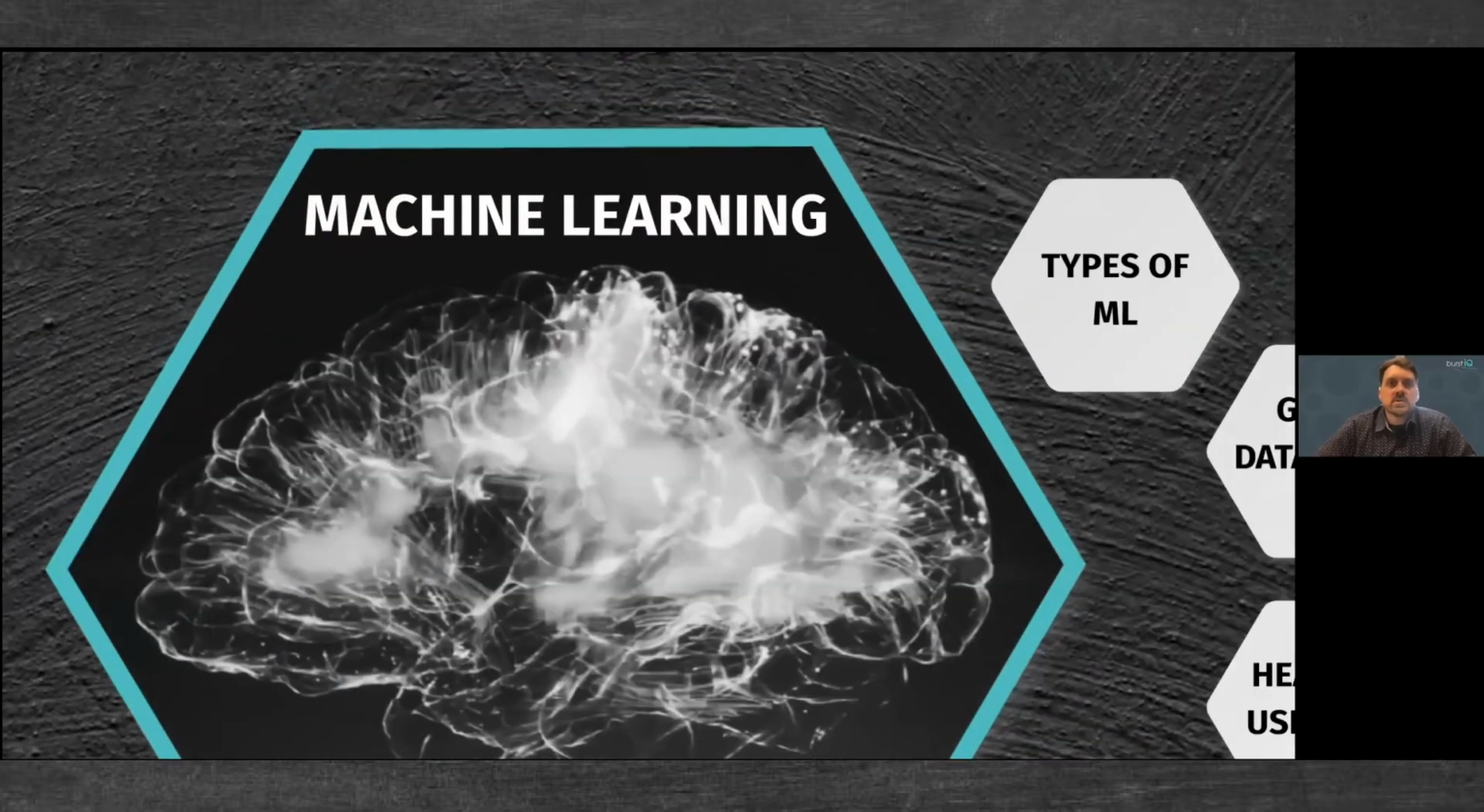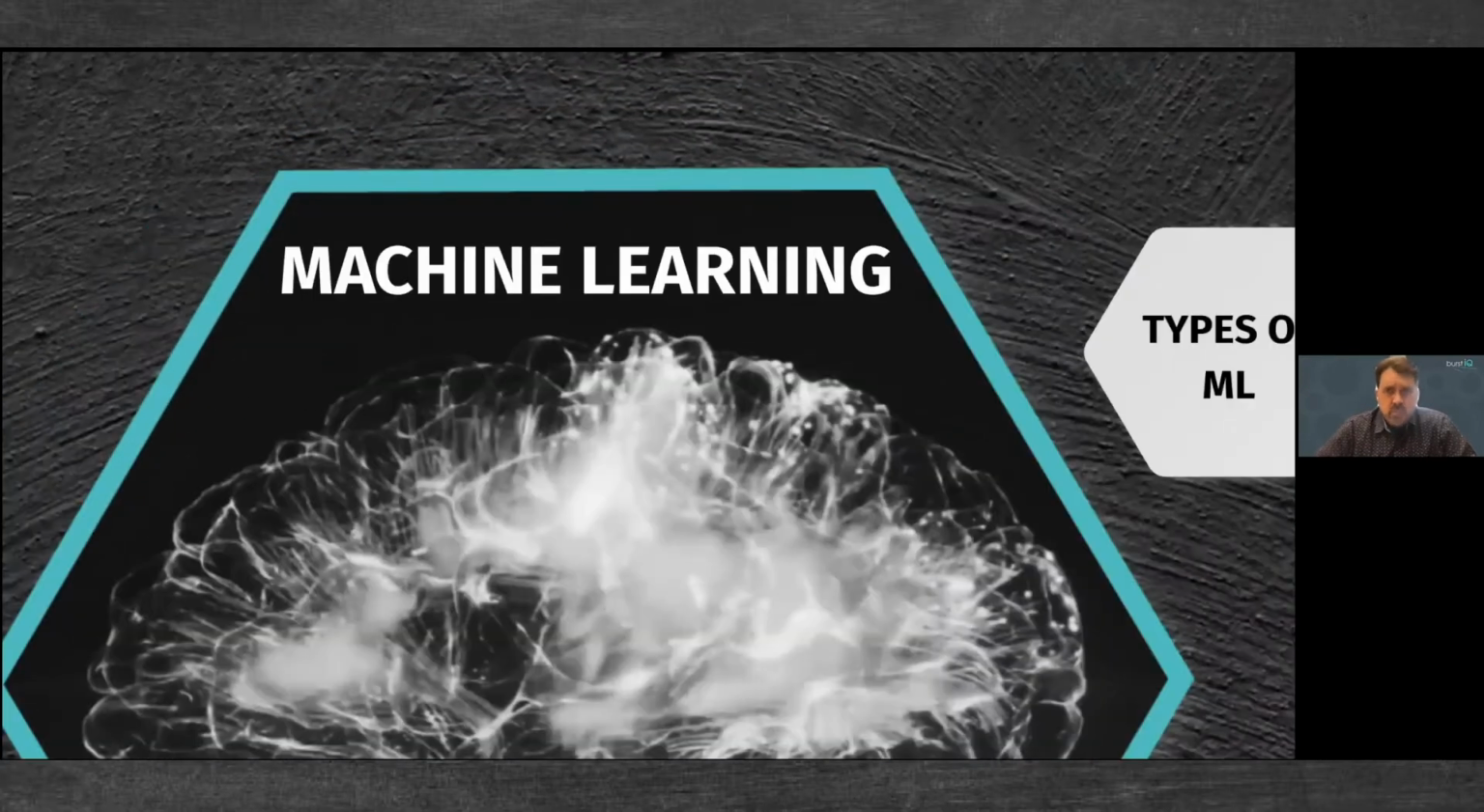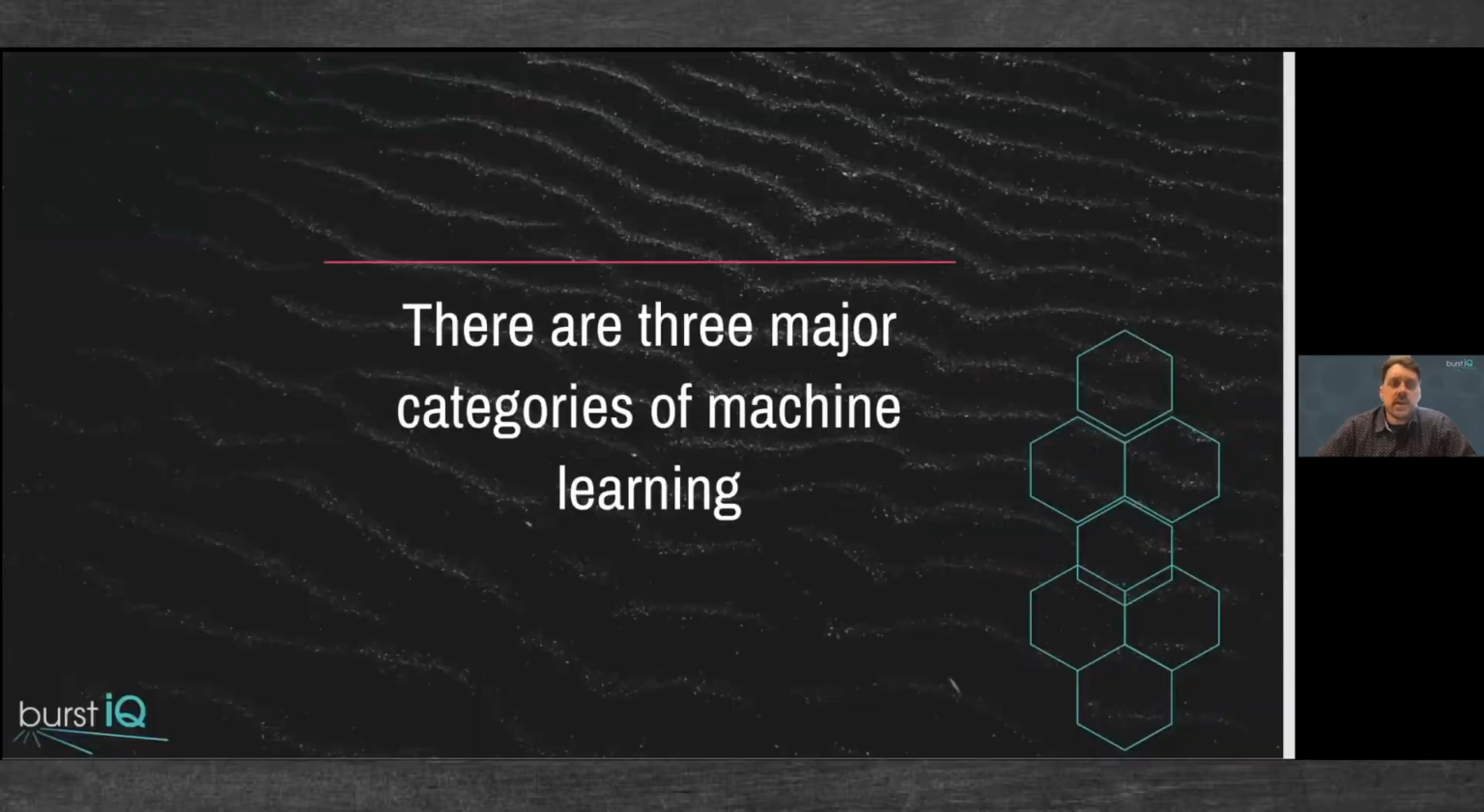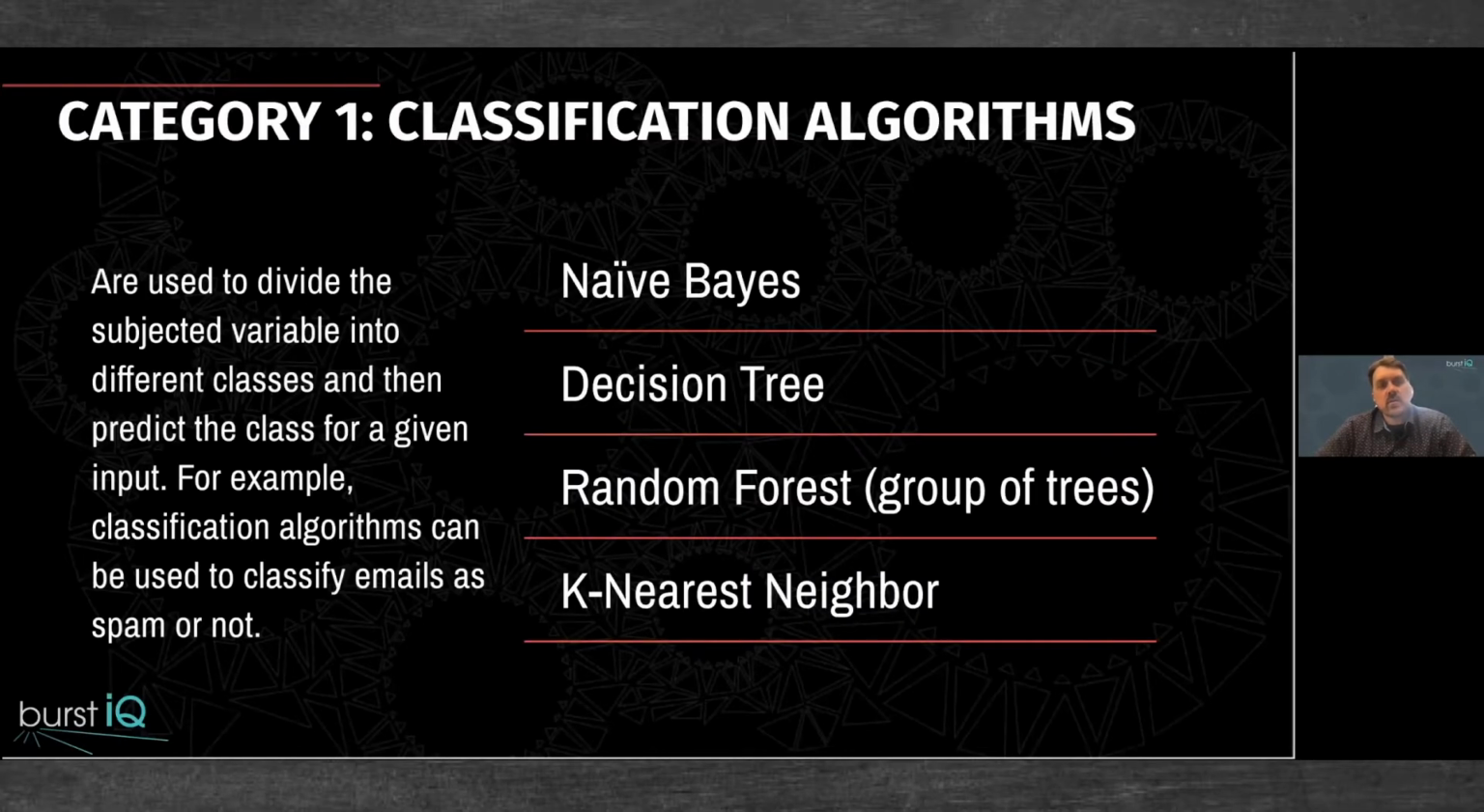So when we talk about machine learning, there are essentially three major categories of disciplines in machine learning that we'll touch on briefly. The first one is the category of classification algorithms. These are used to take data and break it down into, say, buckets or classes for a given input. So this is really good for taking data with lots of variables and then trying to say that this,